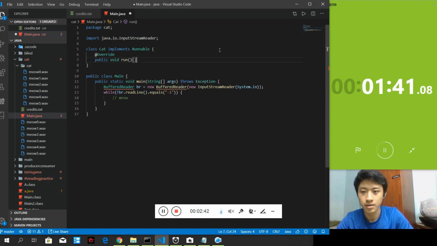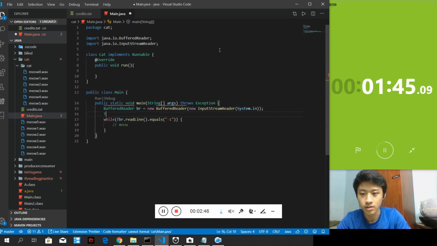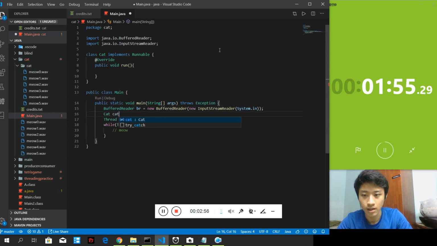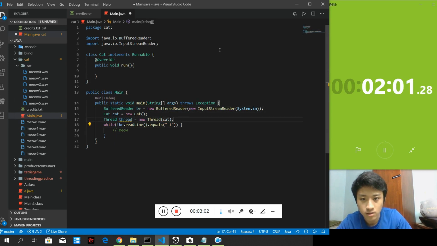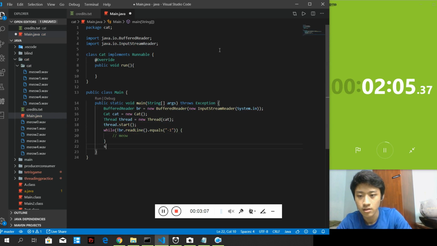So this is the main method for the thread, and here we have a Thread which goes to new Thread, and inside I'll be putting a cat. So cat will be our runnable. Cat goes to new Cat without constructor, and here the thread will be started,